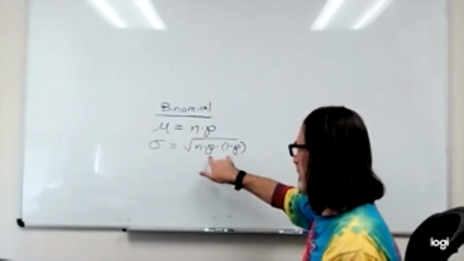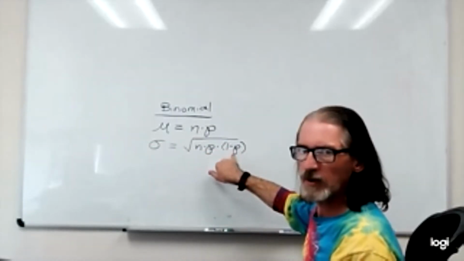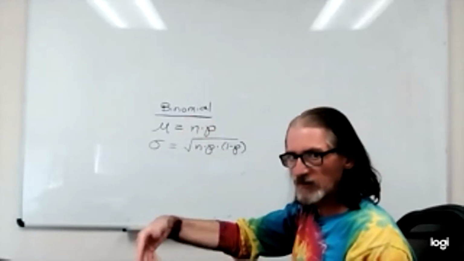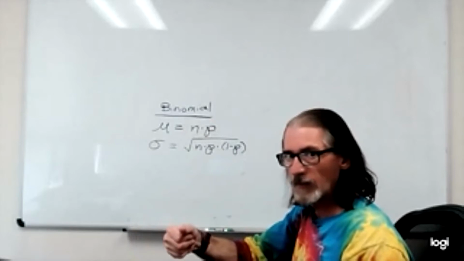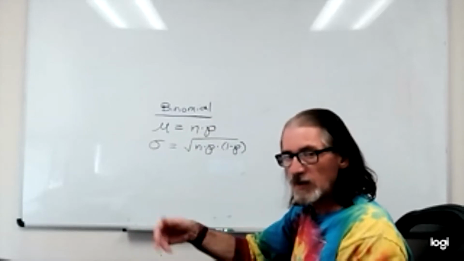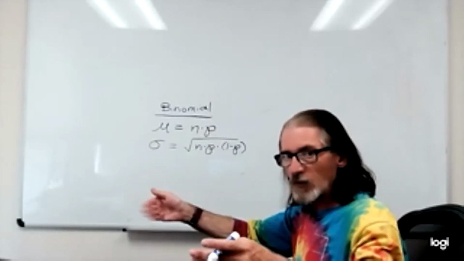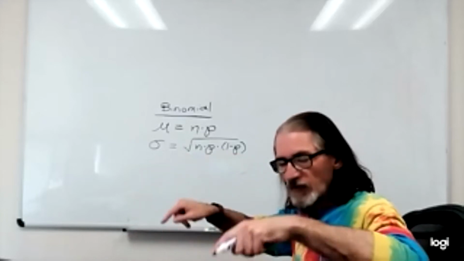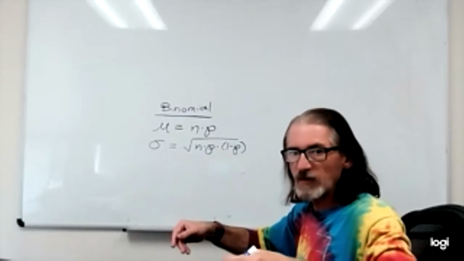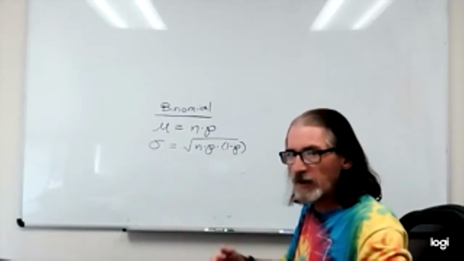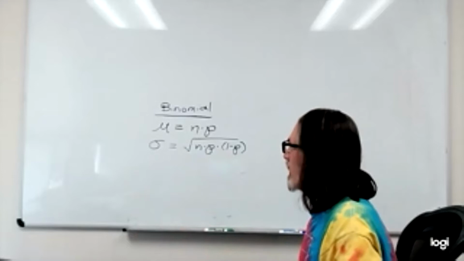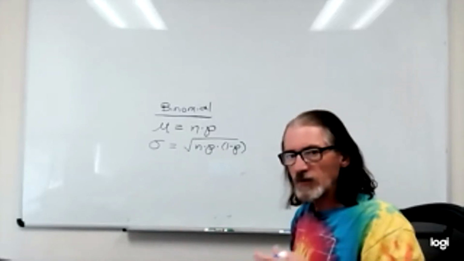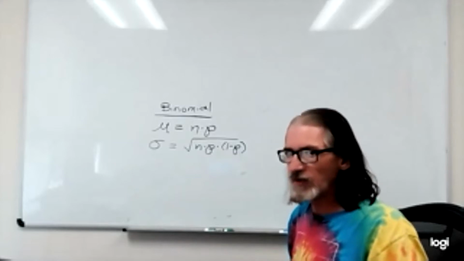Remember the probability of failure being 1 minus p, because in binomial experiments, there are only two possible outcomes, and they are mutually exclusive. Together, their union forms the entire universe, your universal set or your sample space if we're using probability language. Now, to do the normal approximation, you're going to see different authors say some different things, but